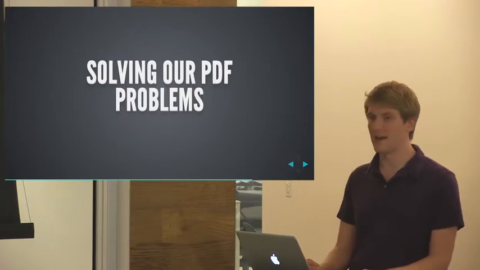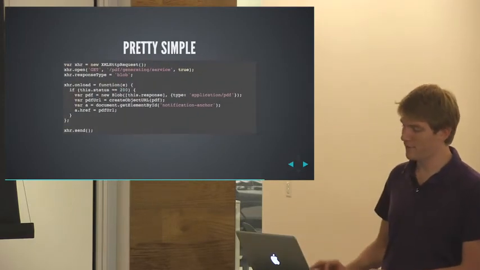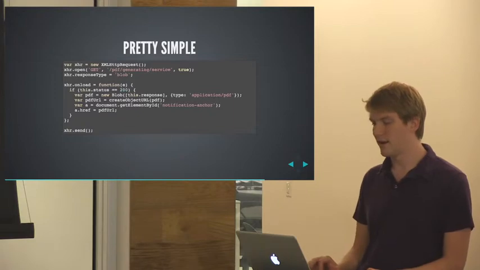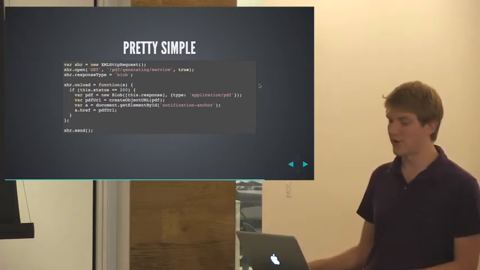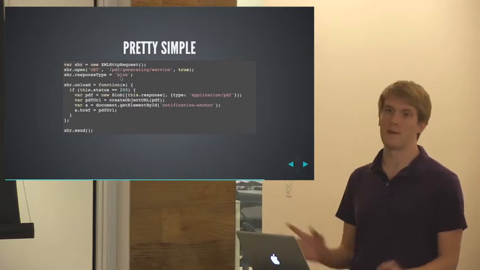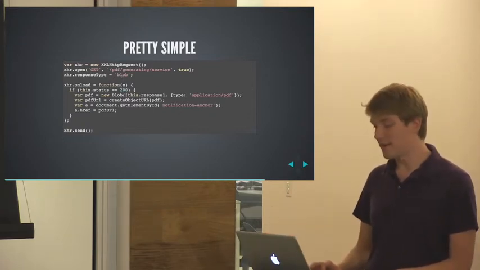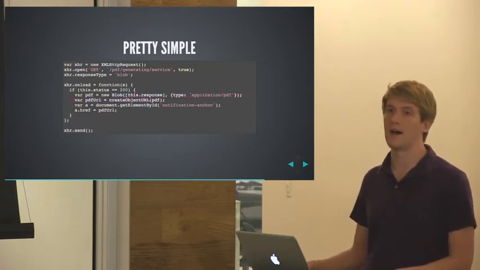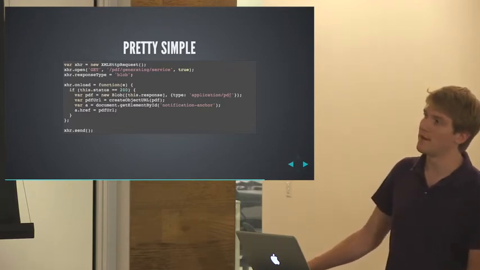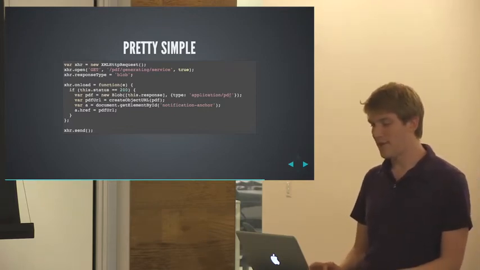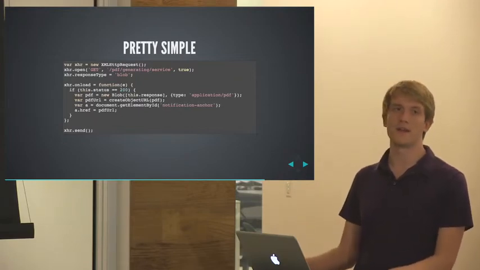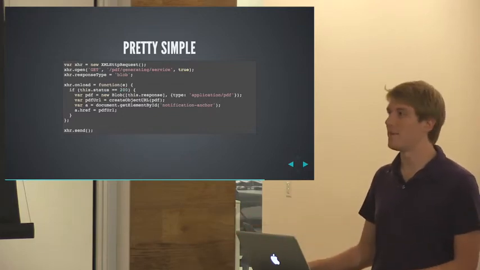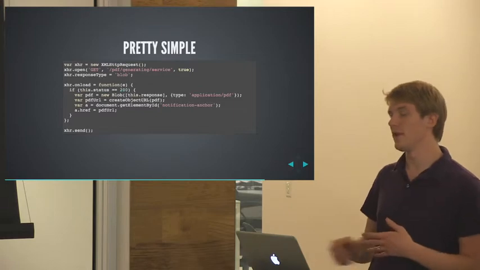So back to solving our PDF problems. This solves our PDF problem. Basically, we can make a straight-up request to the PDF generating service and say that we are expecting a blob back. And we don't really have to care what it is, because it'll just give us a blob. We can slap an application type on it so that when we pass it to the browser to open, it'll know what to do with it. And then createObjectURL is interesting because it will create an object URL. Imagine that. But it'll give you a new blob